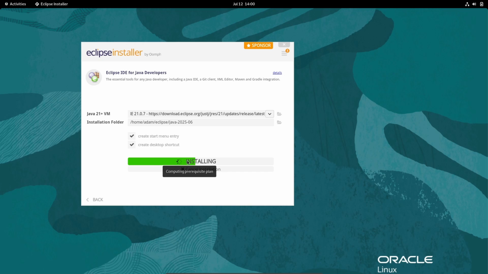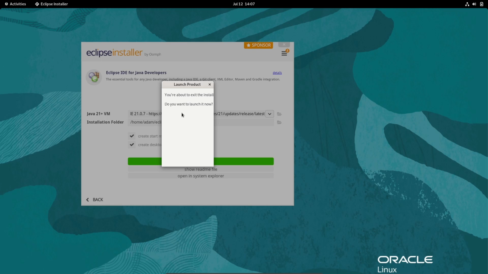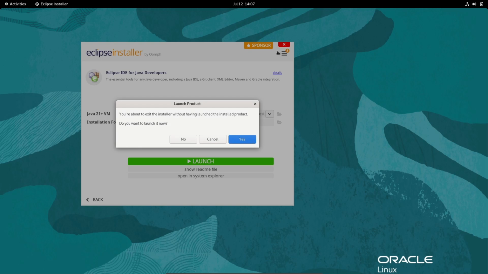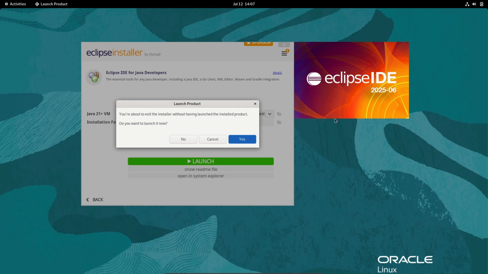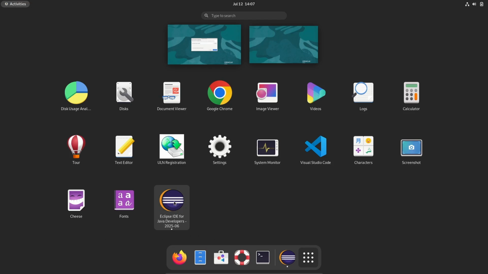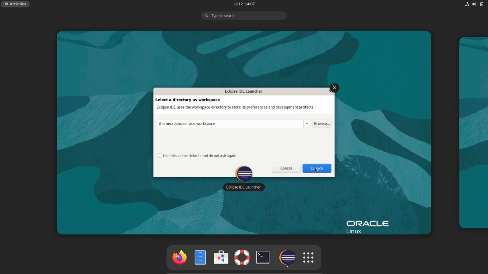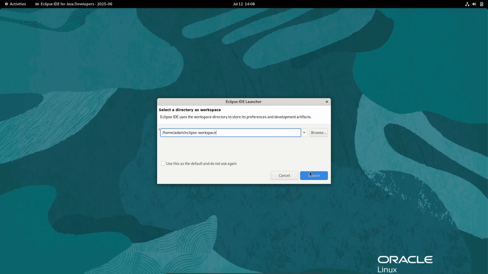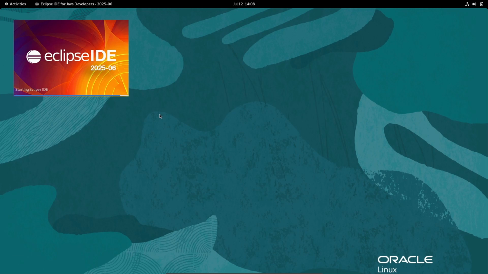Here you can see this is the status. Now you can see Eclipse IDE for Java Developers installed successfully. If you want, you can launch from here. Let's click close. So yes, thereafter this is now opening, or if I go to this activity here, you can also see Eclipse IDE. So let's click on this launch. This is the workspace. Click on this launch button. Now it's starting this Eclipse IDE